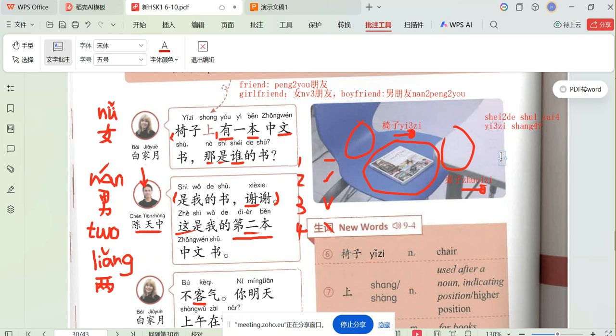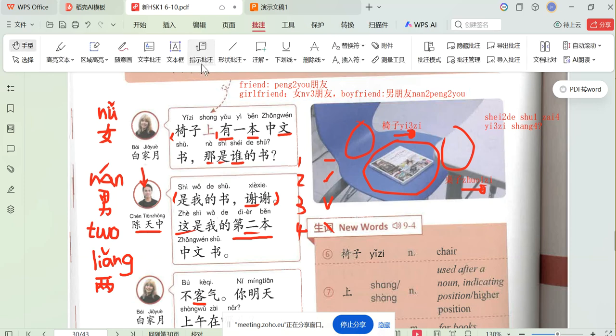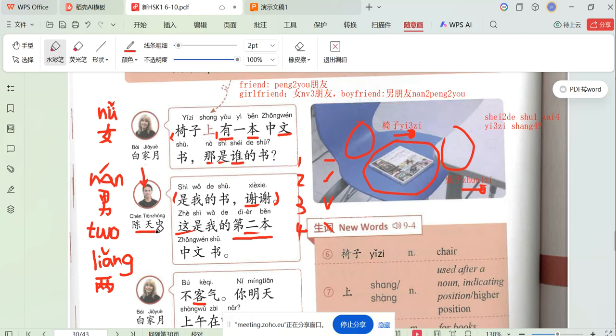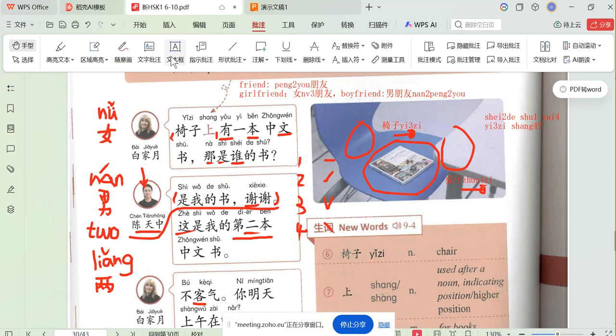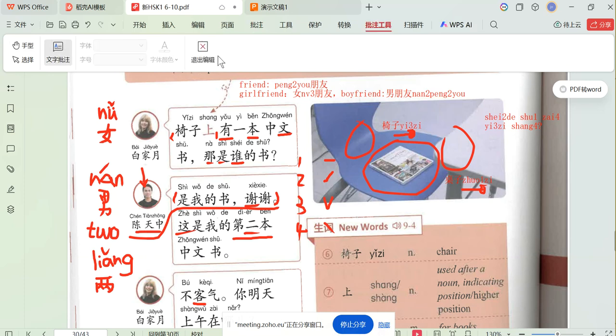Whose book is on the chair? The man said, 是我的书, right? Yes. So 谁的书? The man's book. So you should say 男的书在椅子上。男的书在椅子上。